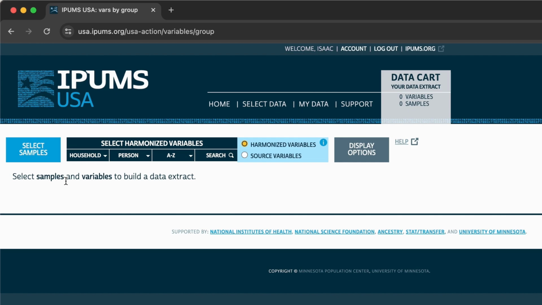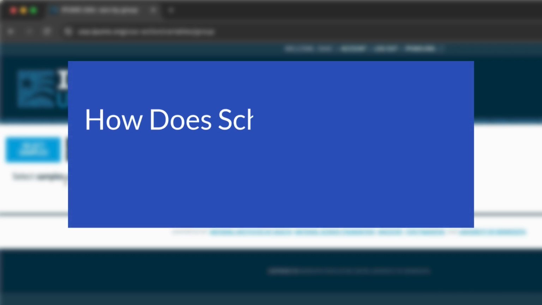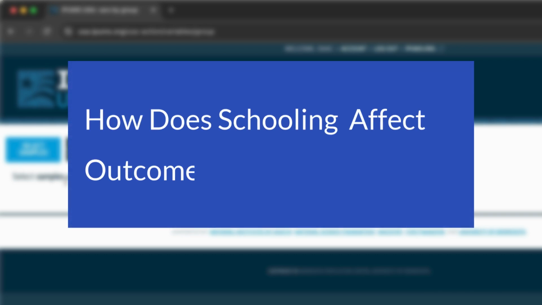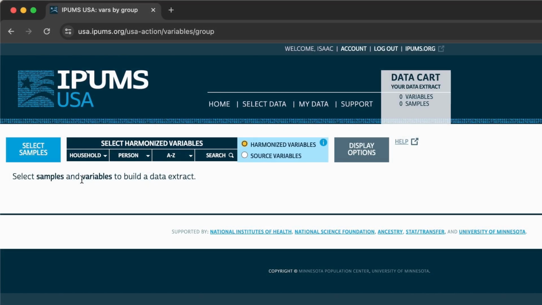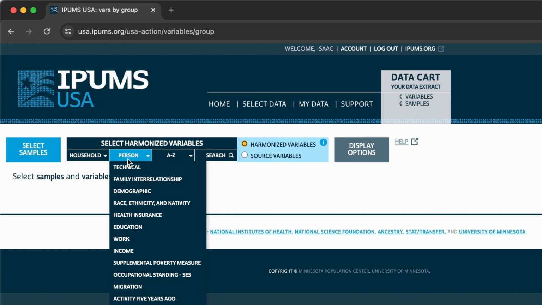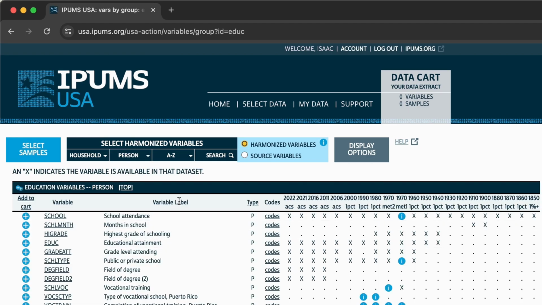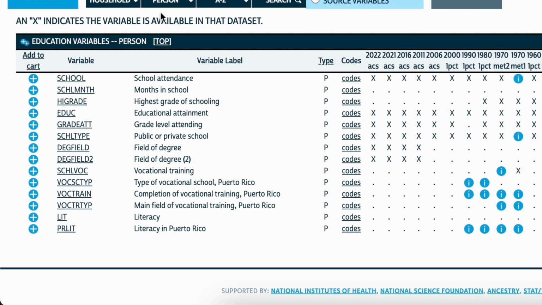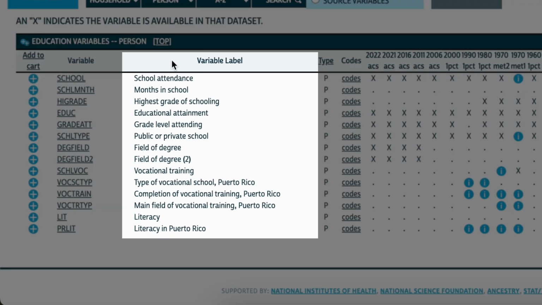So let's say my project is I want to see how schooling affects people's financial outcomes later in life. I'm not quite sure what the name of the variables that I'm looking for in IPUMS is, so I'm not going to use A to Z or the search function. It's not a household, I'm looking at people specifically, but underneath this tab there's education, so that looks like a good place to start. That'll bring up this page, which has all the variables relating to education, and it has